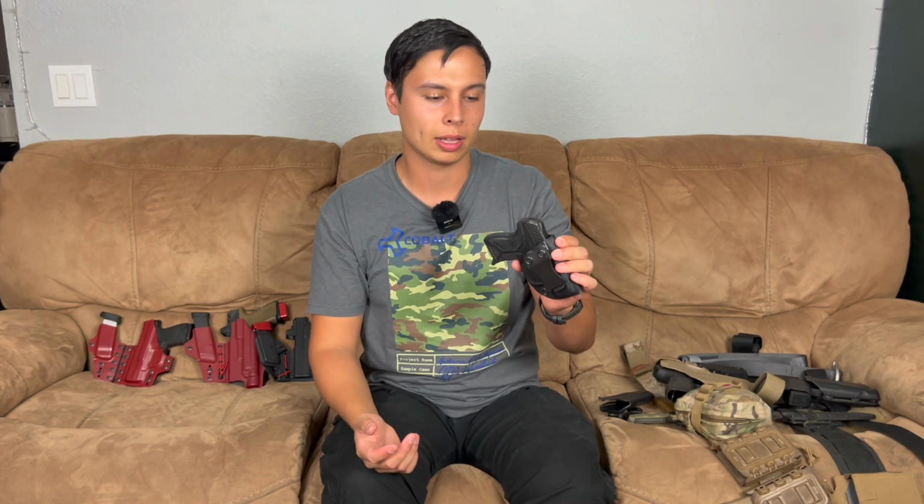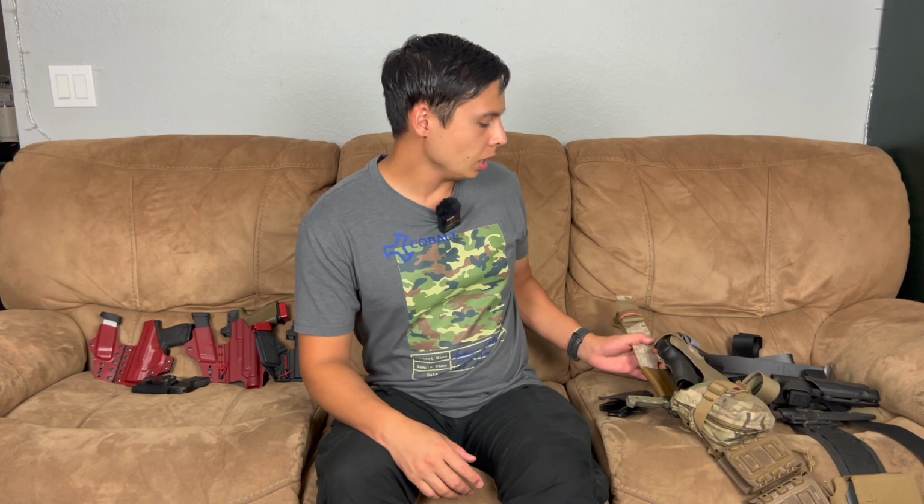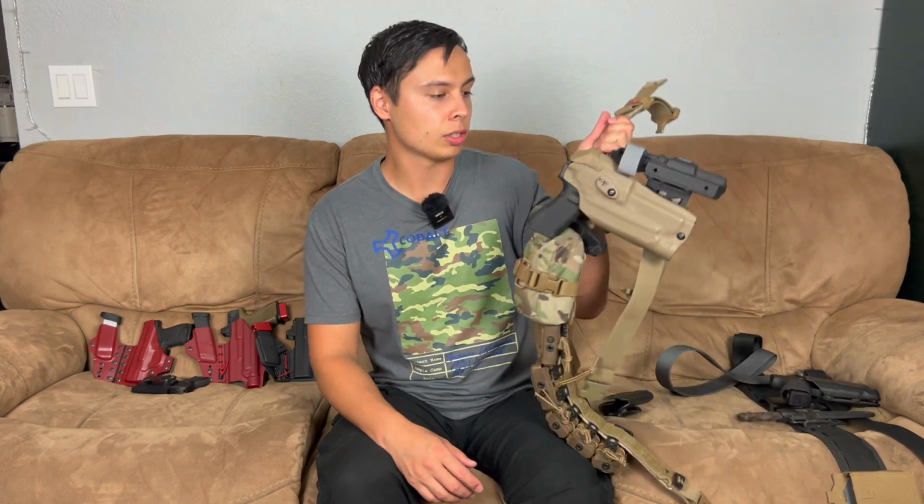I carry this if I'm wearing gym shorts or something like that, if I go running. And what I do is I still carry appendix, but I tie my gym short strings over this clip right here, and it holds it in place. So it works very well. And then if we're going to a duty belt setup, my main one is this Safariland